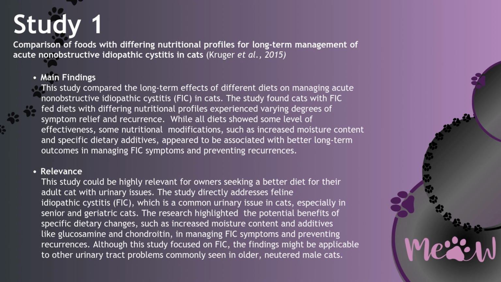The relevance of this study for owners seeking a better diet for their adult cat with urinary issues: the study directly addressed feline idiopathic cystitis, which is a common urinary issue in cats, especially senior and geriatric cats. The research highlighted the potential benefit of specific dietary changes, such as increased moisture content and additives like glucosamine, in managing FIC symptoms and preventing reoccurrence. Although this study focuses on FIC, the findings might be applicable to other urinary tract problems commonly seen in older,